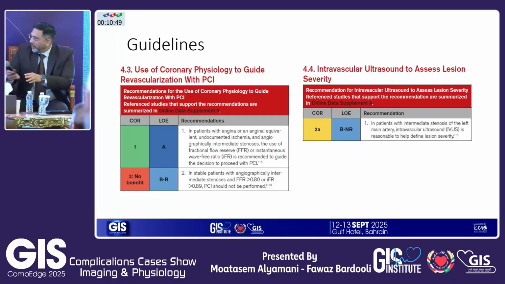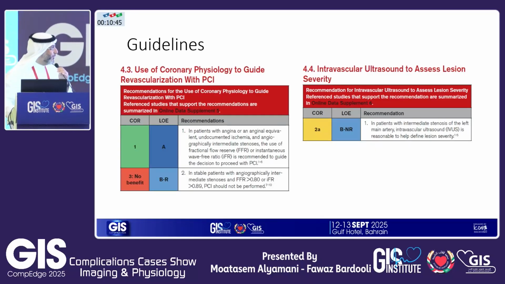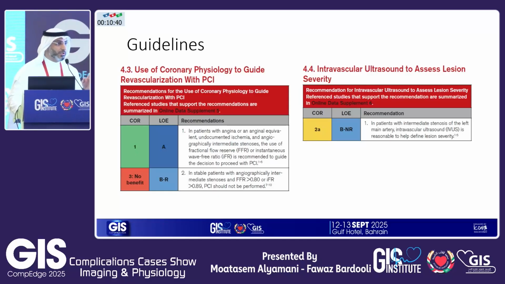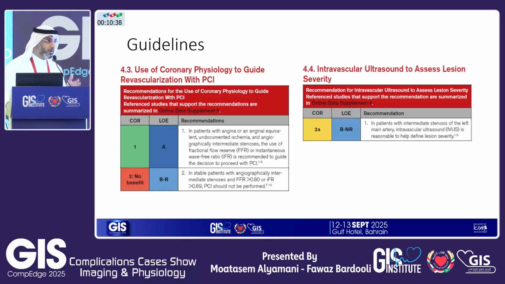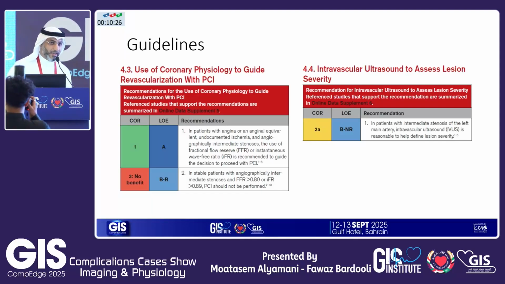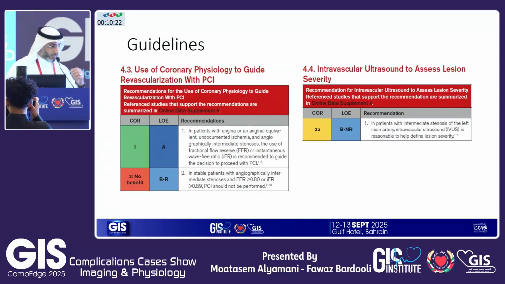I think we could just end the talk here because you guys just discussed everything I was about to say. So if we look at the guidelines, as mentioned, more than 50% in the left main warrants assessment. Both the European and American guidelines give class 1A for physiology. Unfortunately, they only give class 2A, and I say unfortunately because I'm an imaging guy again, for the cutoff of 6 mm² in the left main to decide treat or not treat.